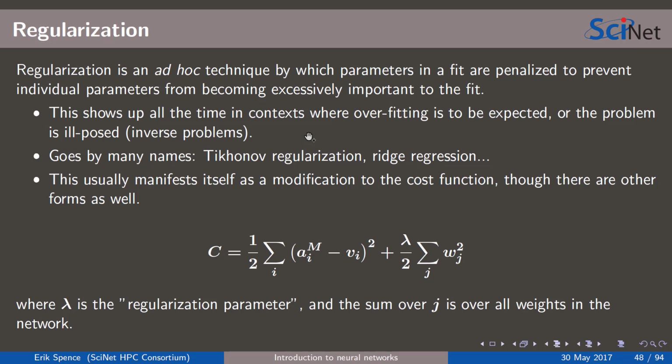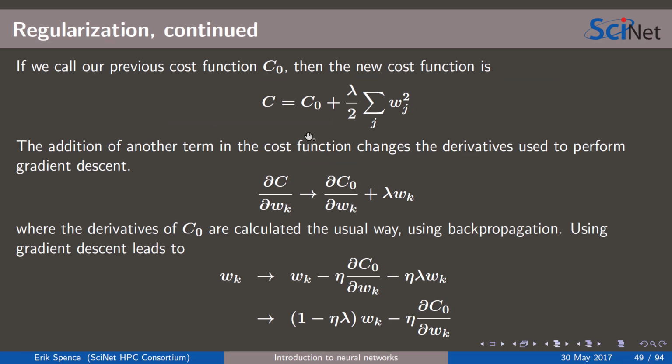Okay? Lambda is the regularization parameter. Sum of j, in this case, is over just the weights. You can do biases too if you want to. Weights is sufficient generally. Okay? Is everyone with me? Is that good? Same thing shows up when you do inverse problems in the exact same way. If C naught was our original cost function, so this is our new cost function, the original cost function plus this new term, W squared,